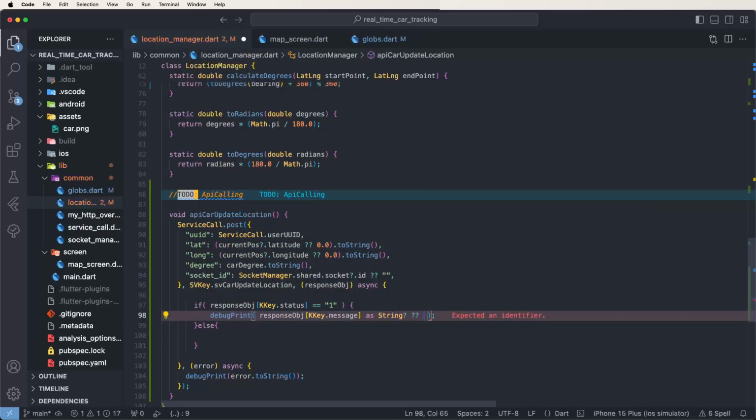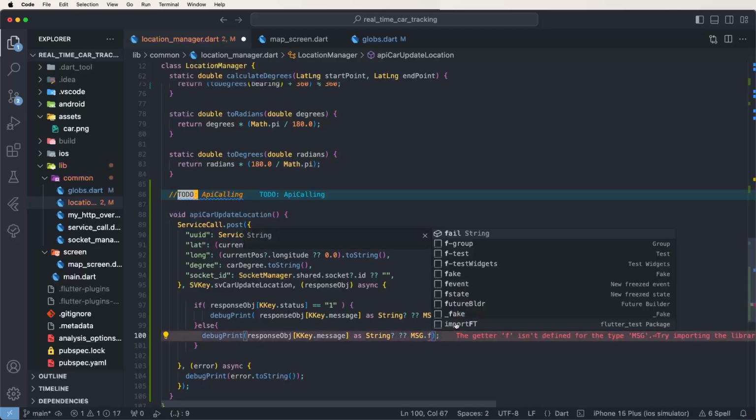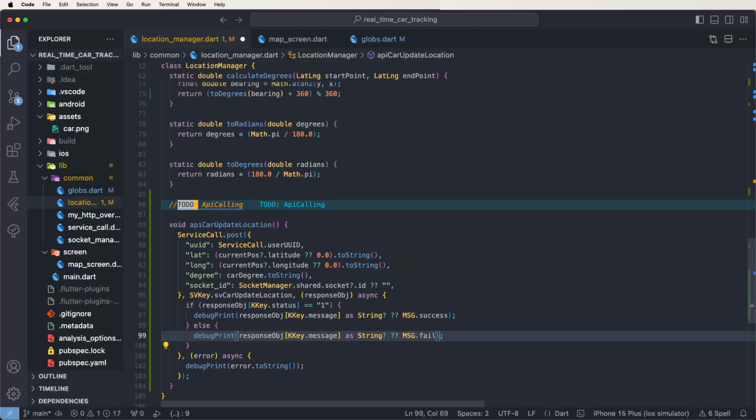If not get, then write down here the msg dot success like here. If not, then show here the error message. If not getting, then show here the fail message. Like this, the configurations need modifications inside the location managers. Now the work is complete for the location managers, and sending this here the user change locations in servers,